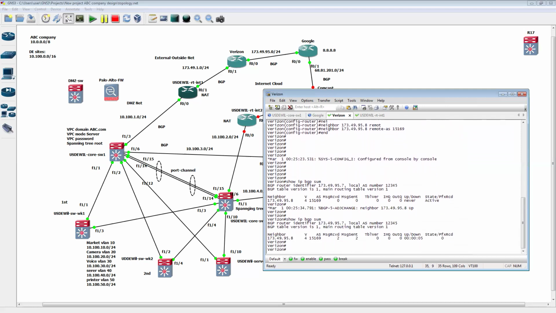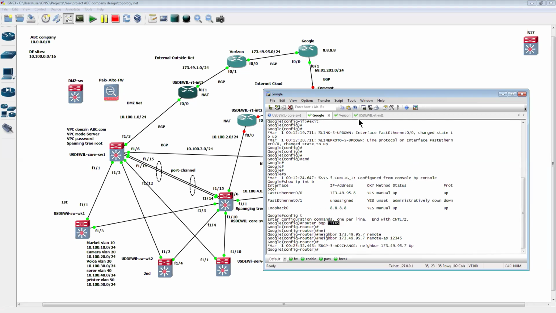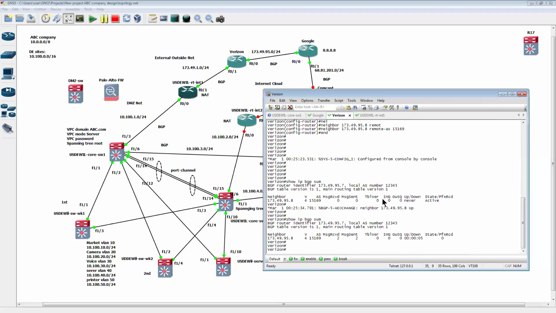Now everything I already explained to you, what this means here, so I'm not explaining it anymore. This is just a quick demo of how to set up this company. Okay, so now we have a peer that is open. So we go back to our Google here, because we need to ask them to send the 8.8.8.8 into the BGP routing. For example, in the BGP in Verizon here, when I show IP BGP,